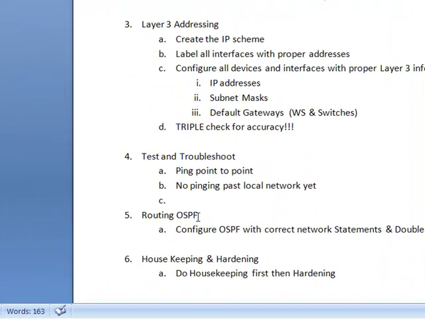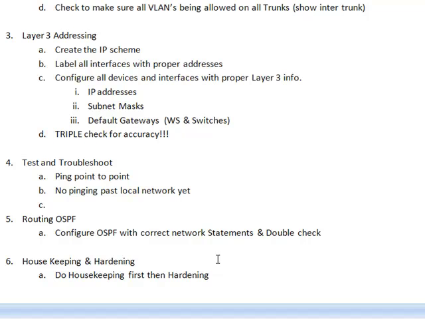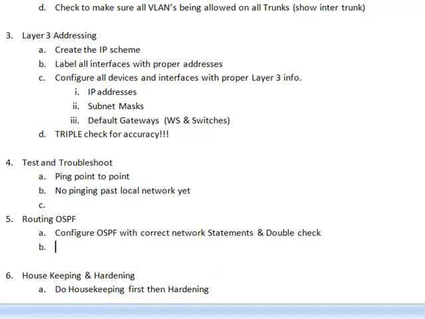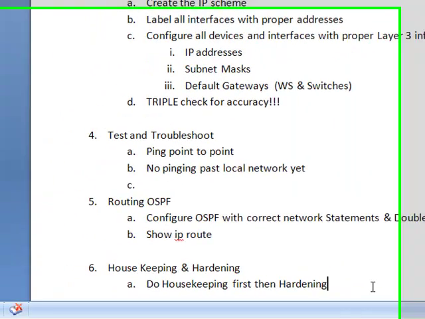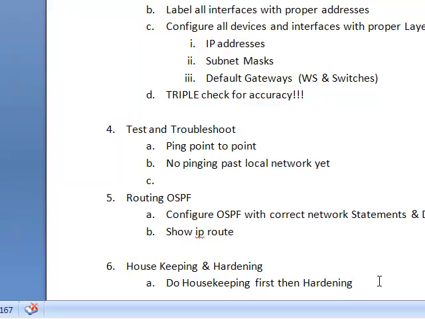So my next step then will be to configure OSPF, make sure that I have the correct network statements, and double check that. I would then want to do a show IP route on all my routers to make sure that I can see all of them. And lastly, I will do my housekeeping and hardening,